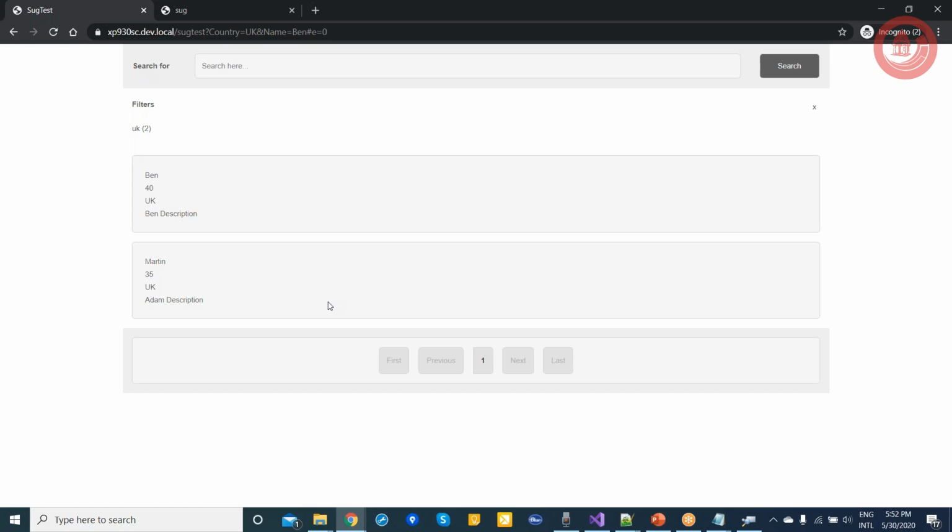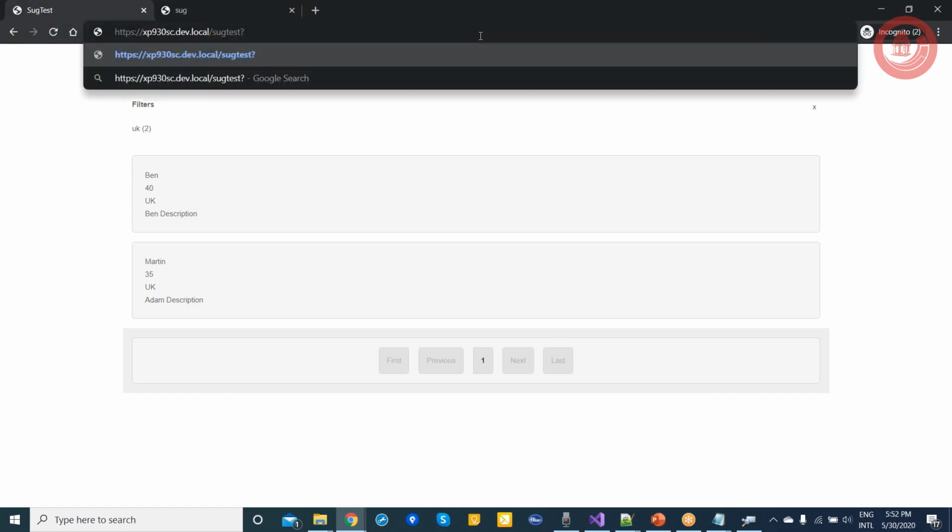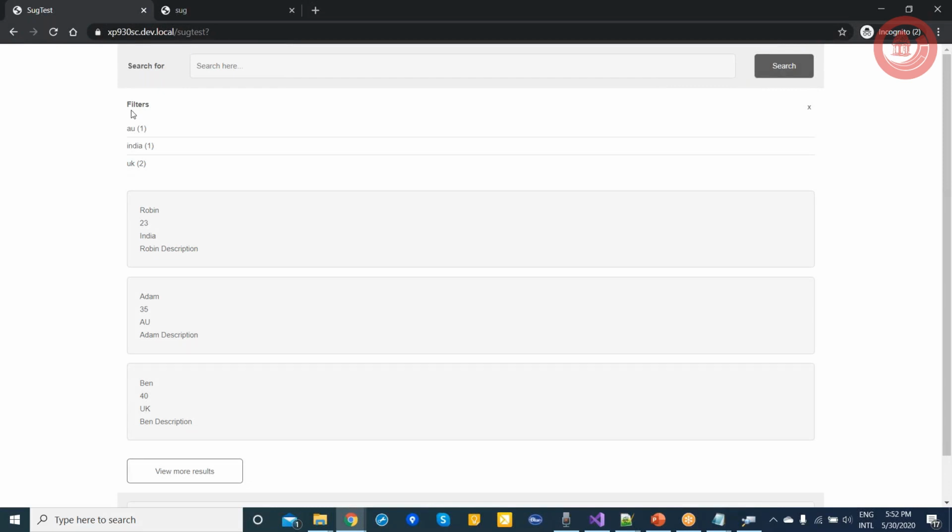One scenario, which I have recently worked on: let's say if you search here, and this is my page. Now you can see these are the filters, right? The filters are coming from these results. Whatever results I have, I'm showing these results. What if I want to show these filters from the XConnect? In my XConnect model, which is a custom model that I have generated, if I want to show those filters from XConnect, what would I do in that case?